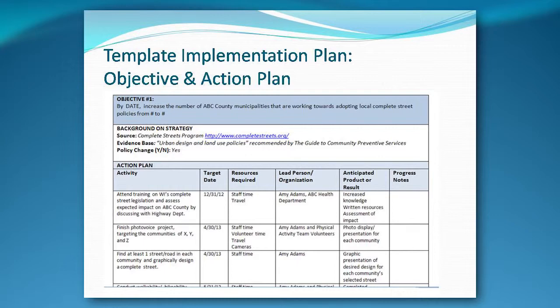The second is we encourage you, whenever you can, to cite the evidence base. Not only does that help to steer you towards using evidence-based strategies, but it's good for accountability to your organization or to the community at large, that you are choosing strategies that you have really good sense will make a difference in your community. And then whether or not it's a policy strategy. So just think about that, because that can often be a way to leverage really broad and deep change in the community. And then the bottom part is sort of a standard work plan in terms of action steps, target dates, and so on.